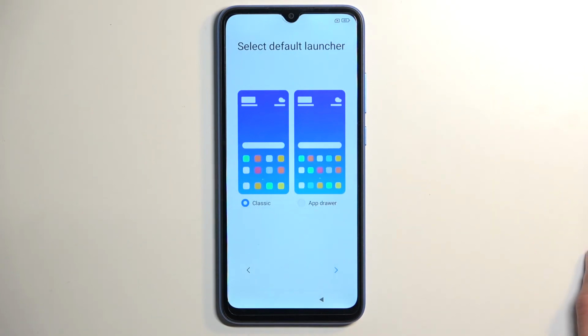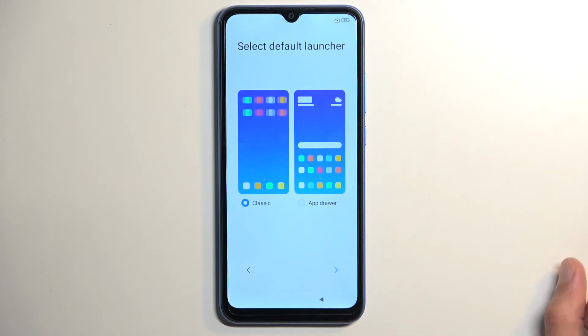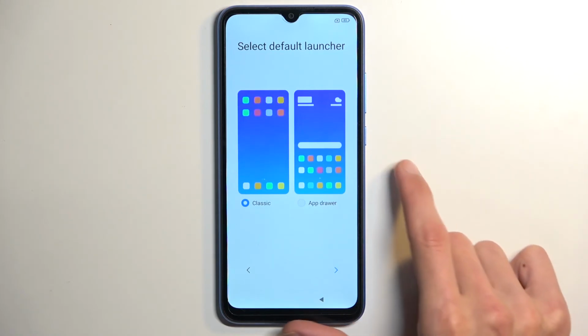We can just turn it off now, and we can go to the next page, which allows us to choose our default launcher. Now we have Classic and App Drawer. Again, stupidity here knows no bounds. Classic for Android is the App Drawer. But whatever. Let's not get too